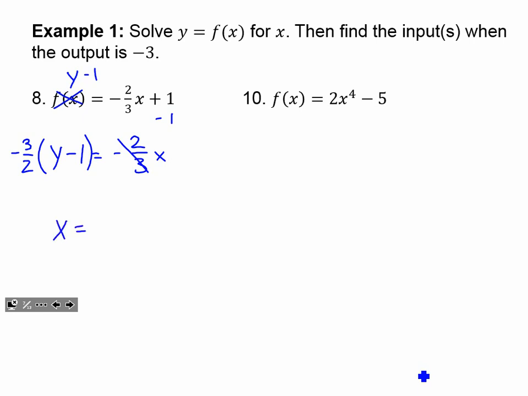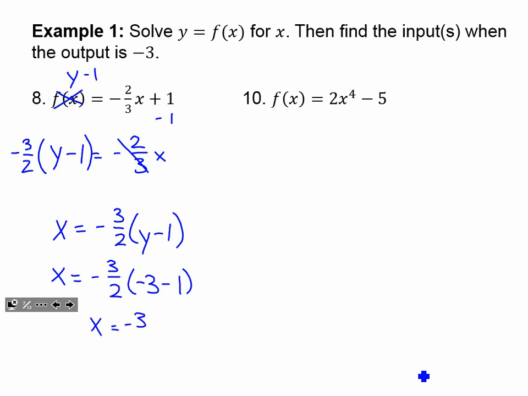So x, that was my input, is now taking the position that y did initially. It's the output now, or at least it's in the place where our output was. And we've worked our way backwards through all the operations so that I can plug in a y value, what used to be an output, and then I'll get an answer for x. So it says evaluate when the output is -3. So that means my x, if I plug in an output of -3, it's going to be -3/2 times -4,